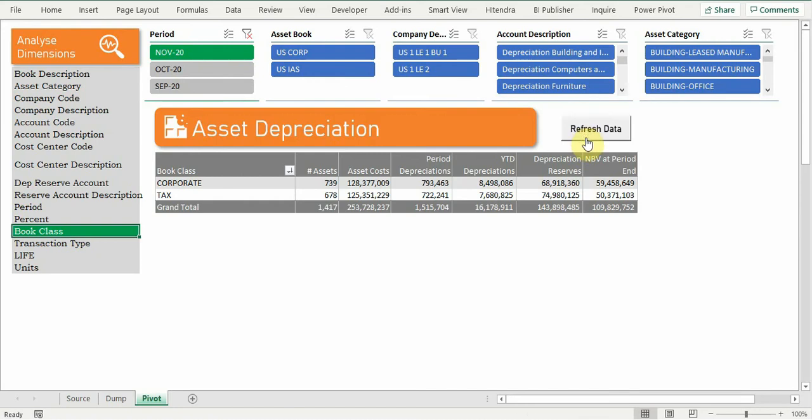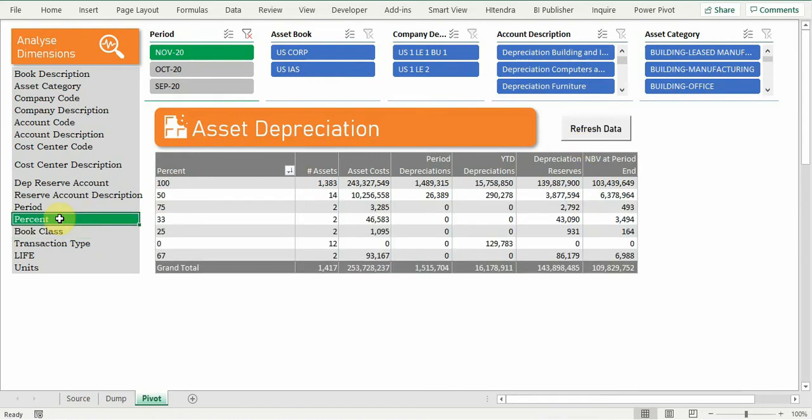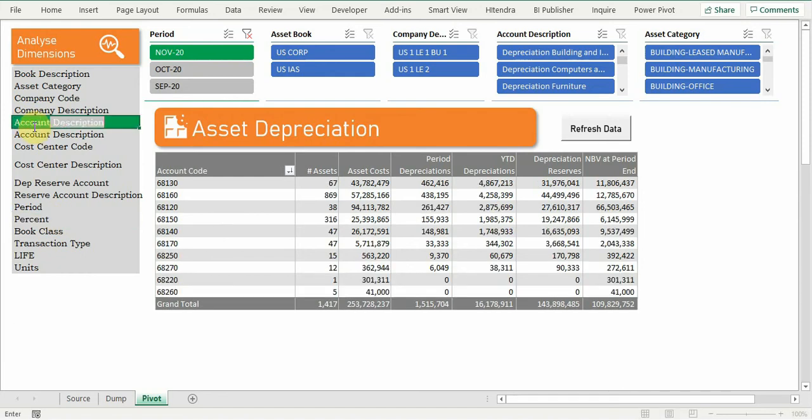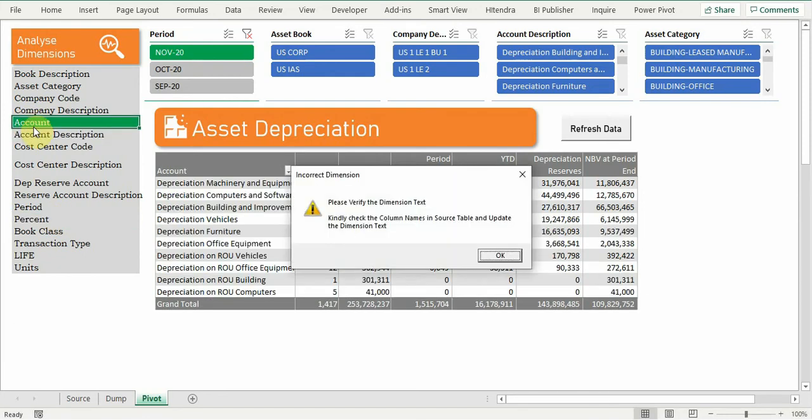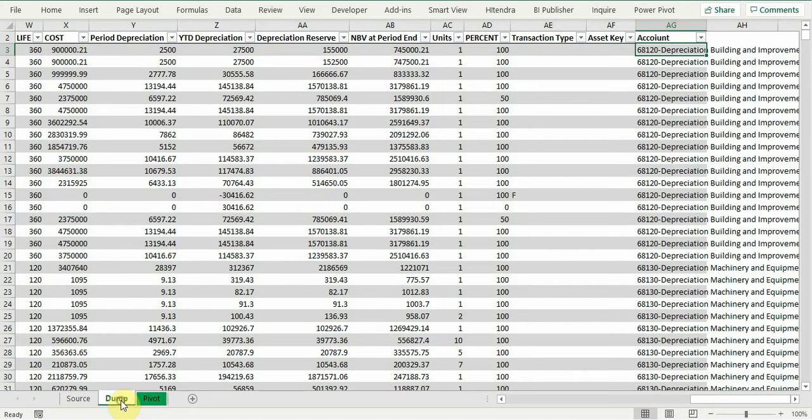First refresh the data, and let me override any of the columns or insert a new column, overriding this code one. So there is some error. Let's see if the words are properly matching here. Okay, there is a spelling mistake from my side.